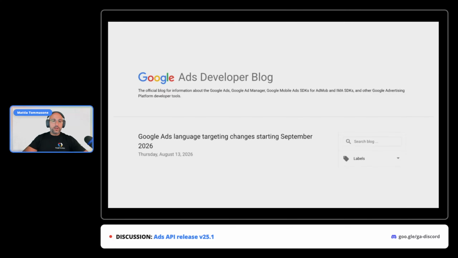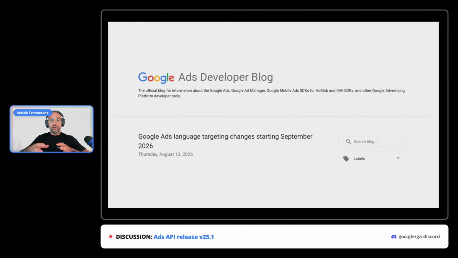The latest one that I wanted to mention today is about a change in language targeting that we will put in place starting in September. It will apply mainly to Search and AI Max for Search campaigns and to Performance Max campaigns. Whereas in the past you could set language criteria to target specific languages in the API and in your campaigns, with this change, when it takes effect in late September, you will no longer be able to set language targeting criteria on Search and PMax campaigns, but instead,